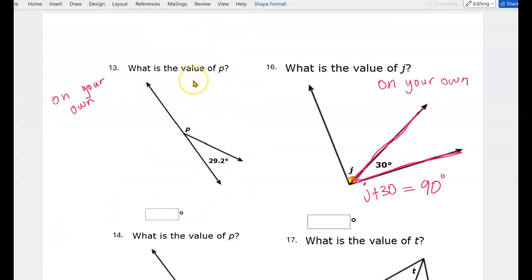Yay, number 13 is a lot like number 3. We don't have to add two numbers together. We just have one number, right? This is a straight line, so it's equal to 180 degrees. We need to set it equal to 180 degrees. We're solving for P. We want to know what P is, so P plus